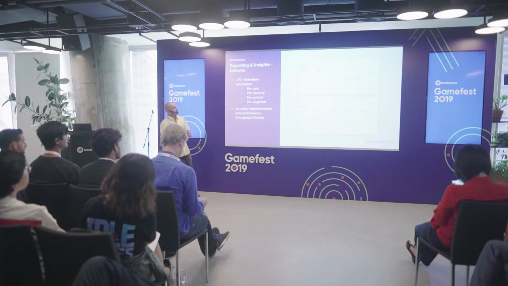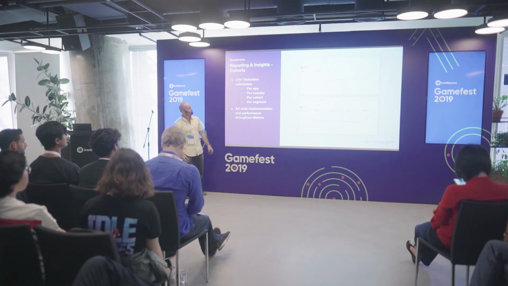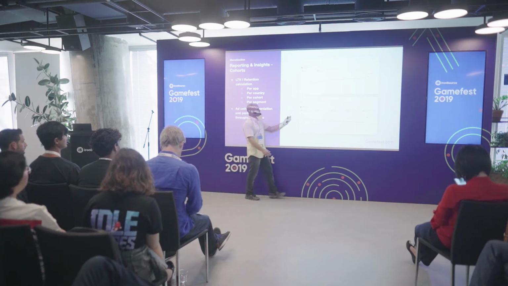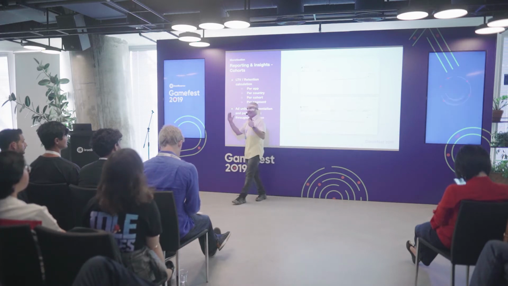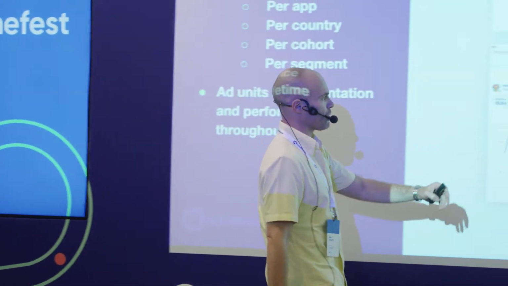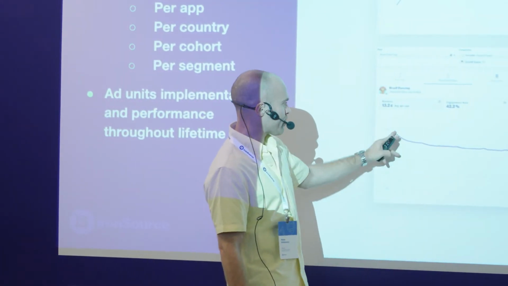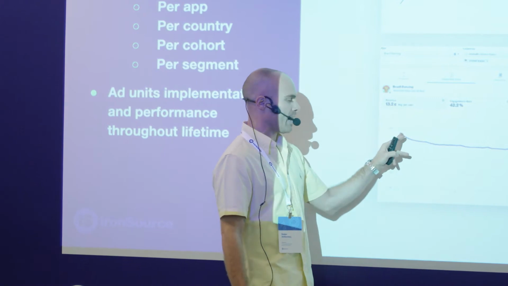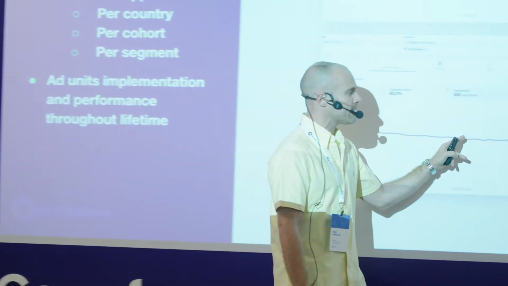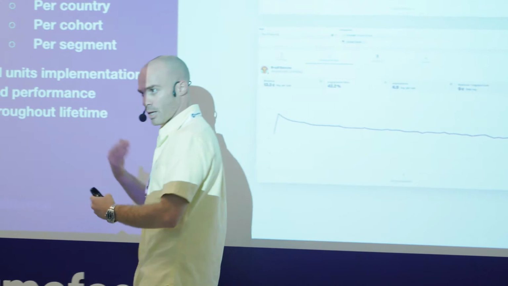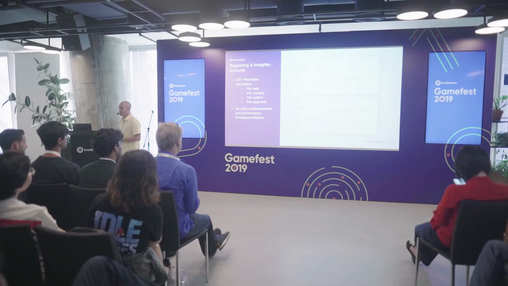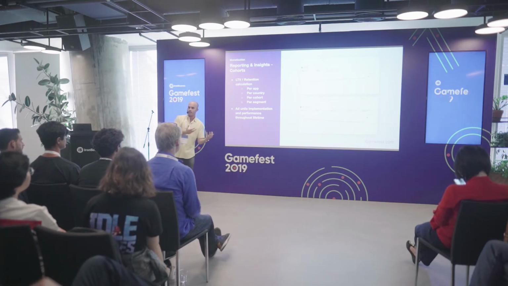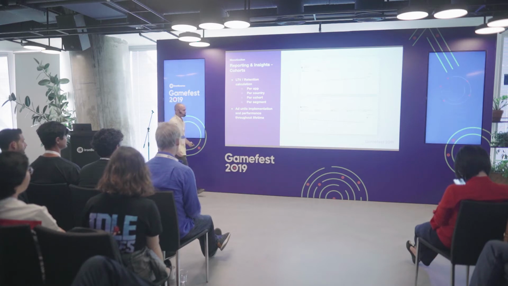Same for the other analytics that we offer in our platform, which is the cohorts analytics. And what you can see here is to deep dive into the engagement with different ad units throughout the life of the user, right? So here for this example, you can see that for rewarded video, in the first day, the engagement rate gets to be super high, 55%, but it's constantly going down. It means that users are making progress in the game, but engaging less and less with rewarded video. Why? Maybe you didn't match the reward in later stages to the status of the virtual good or any other things,